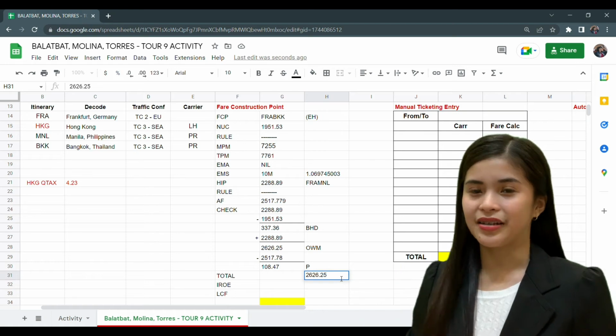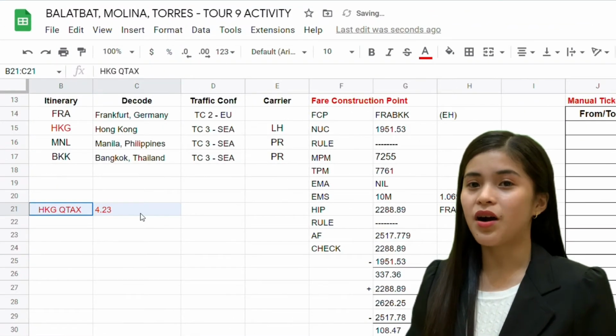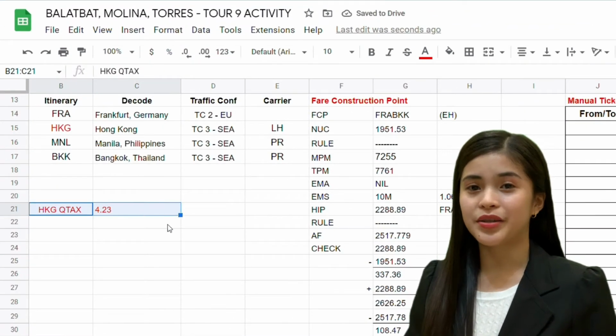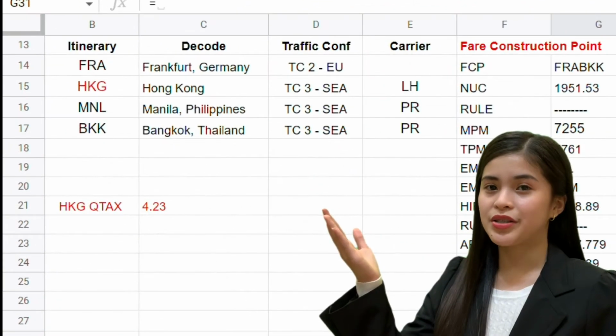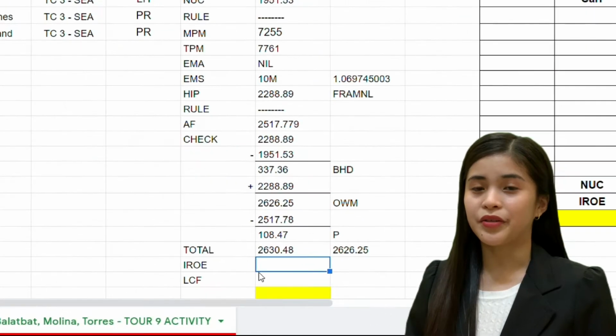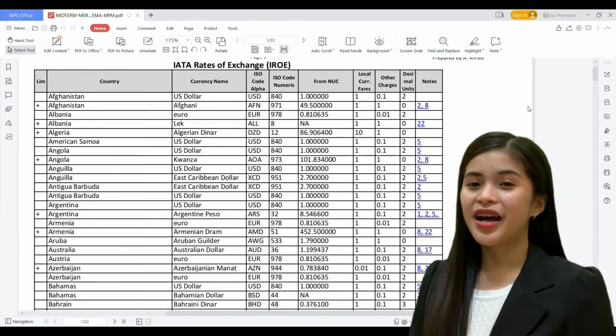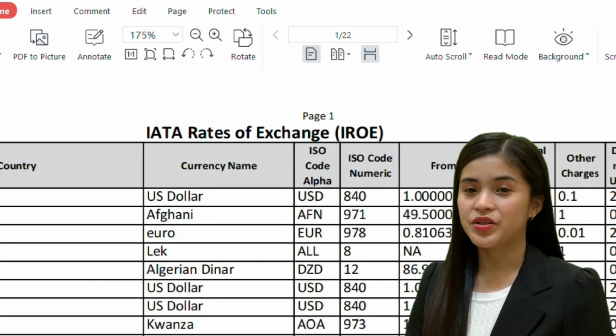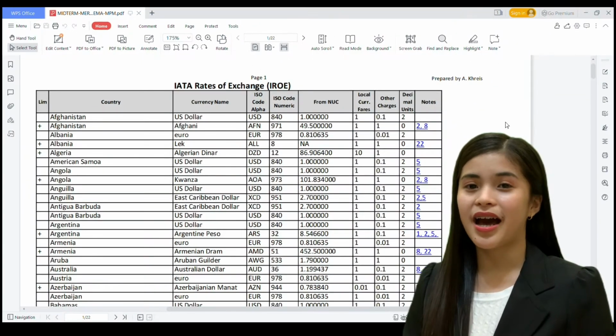But it doesn't end there. Since our itinerary has a Hong Kong transit, we need to add a Q tax of 4.23 to the total, giving us a 2,630.48 total. For the IROE or IATA rates of exchange, we need to take a look at the IROE table,